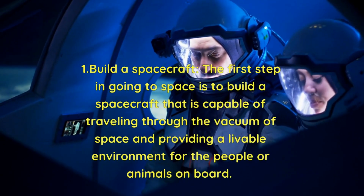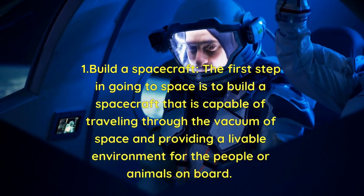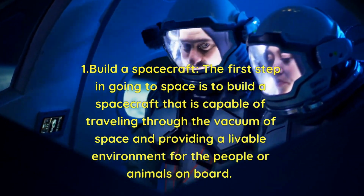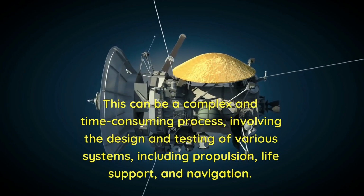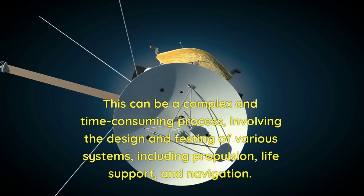1. Build a spacecraft. The first step in going to space is to build a spacecraft that is capable of traveling through the vacuum of space and providing a livable environment for the people or animals on board. This can be a complex and time-consuming process, involving the design and testing of various systems, including propulsion, life support,